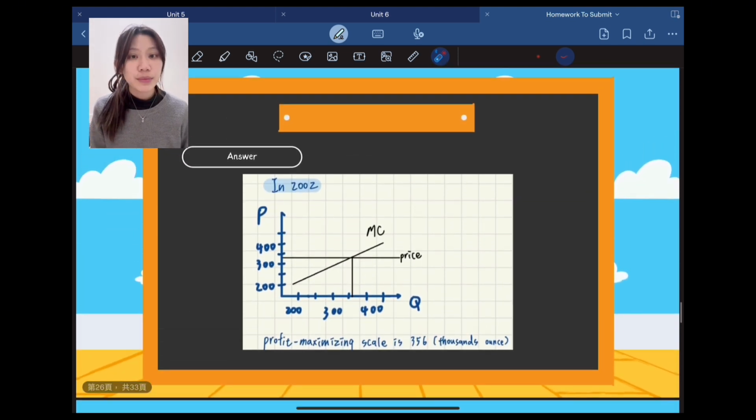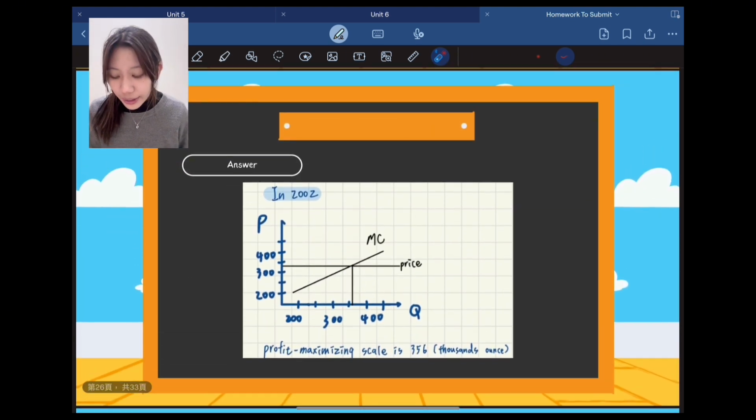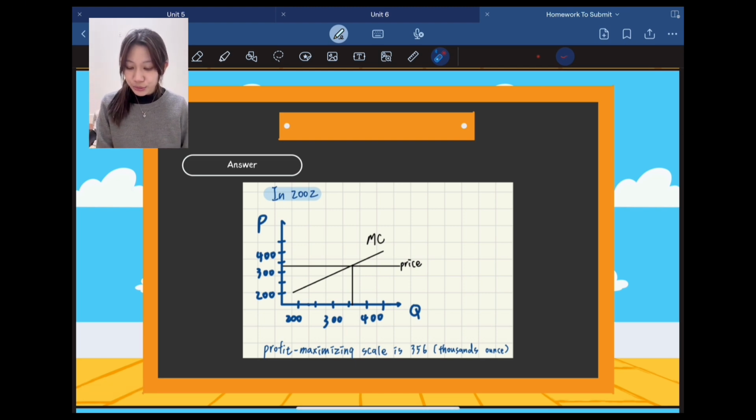So let's move on to our answers. In 2002, Bulyanhulu produced 356,000 ounces and sold them at $339 per ounce. So the graph will look like this. The profit maximizing scale is